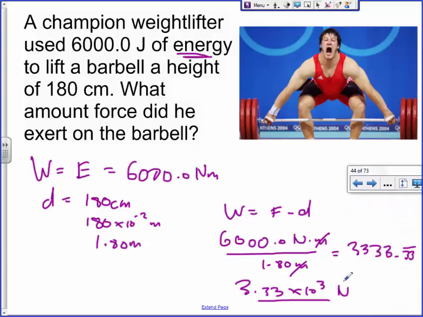Let's throw one more thing on this answer. Which way did he move it? I think we can assume we can figure this out based on the question. Yeah, I think up makes the most sense, right? So that's the one thing I have been skipping here, is that if the distance was up, then the force must also have been up. Does that make sense? So even though I've been kind of a little bit lazy with some of the notation here, if we ever end up having two vectors multiplied, it actually gives you a scalar though. Work and energy actually have no direction.